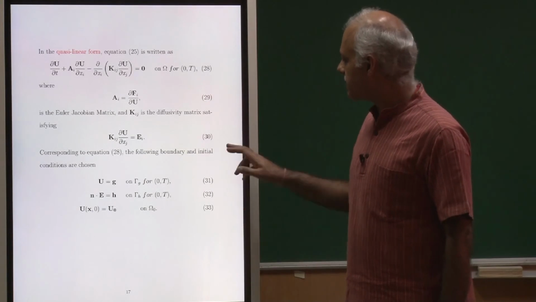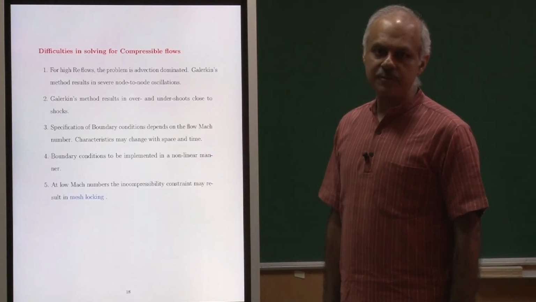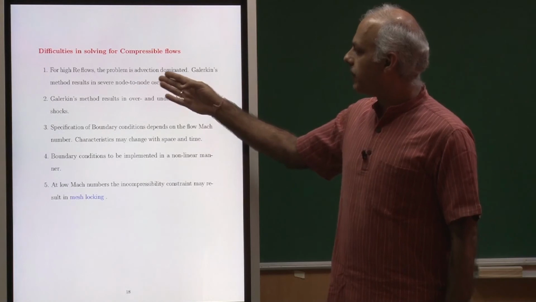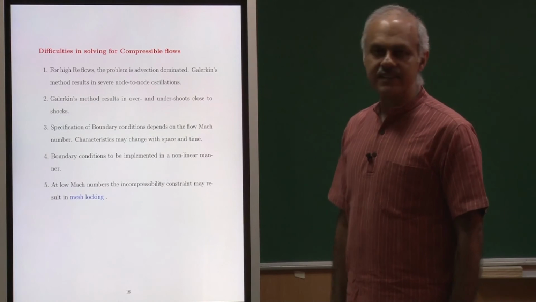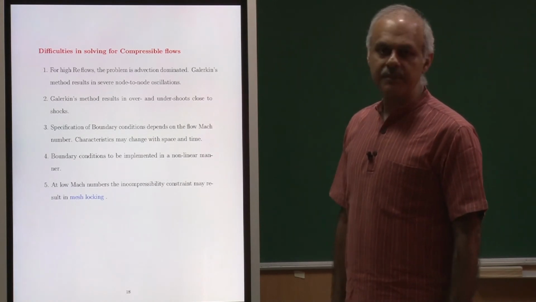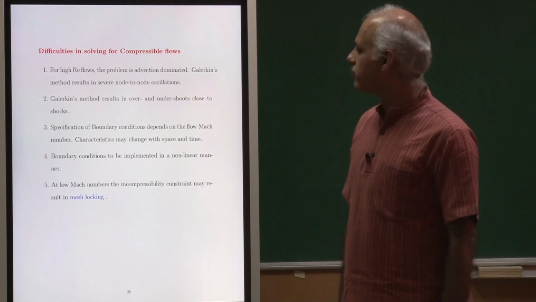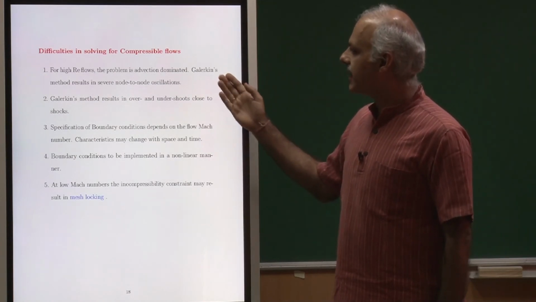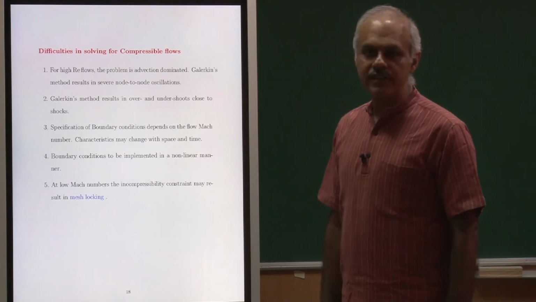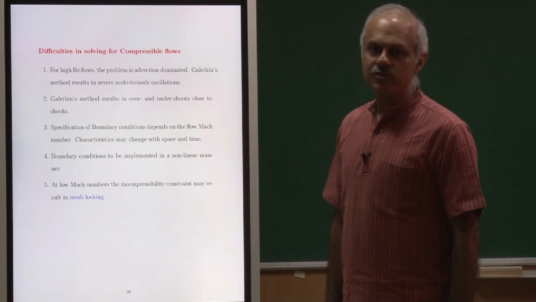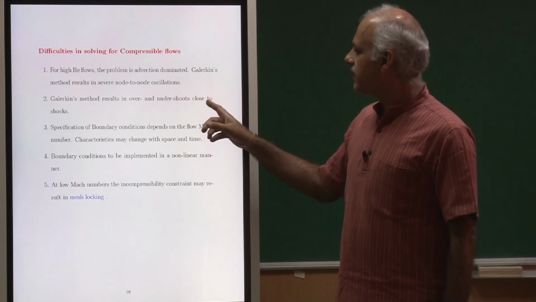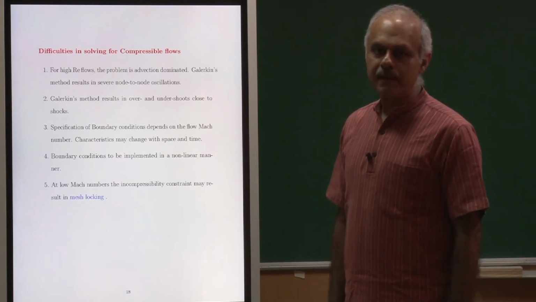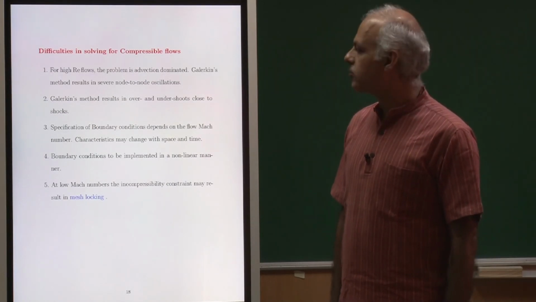What are the difficulties that we expect in compressible flows? Because compressible flows would mostly be at high Reynolds number, these are again advection dominated and non-linear. So, the same issues that we had for incompressible flows apply: the Galerkin method would result in node to node oscillations, and we need to stabilize. So, we use SUPG kind of methods. In addition, we are going to get the Gibbs phenomenon, because we are using C0 functions, continuous functions, to represent shocks.